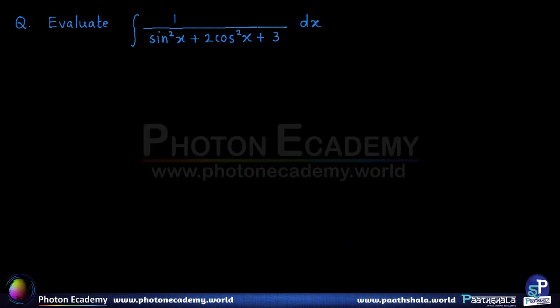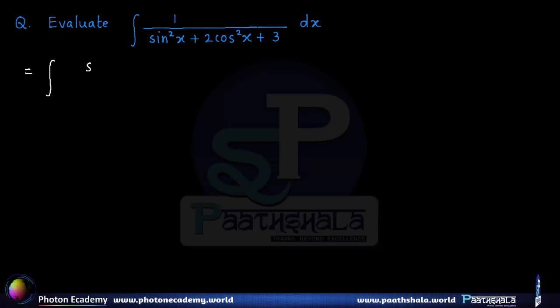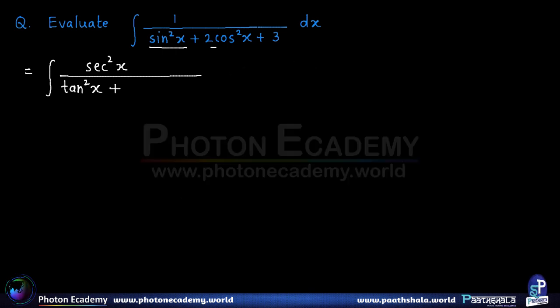Now see, here we have to evaluate 1 upon sine square x plus 2 cos square x plus 3. So as we have seen, we have to multiply and divide by sec square x. So let us multiply here by sec square x divided by. Now when you multiply sine square x by sec square x, it is nothing but sine square x upon cos square x, which gives us tan square x, plus 2 cos square x and sec square x will nullify each other, so we are left with just 2, plus this 3 will get multiplied with sec square x, right? Alright, so moving ahead, we have sec square x divided by